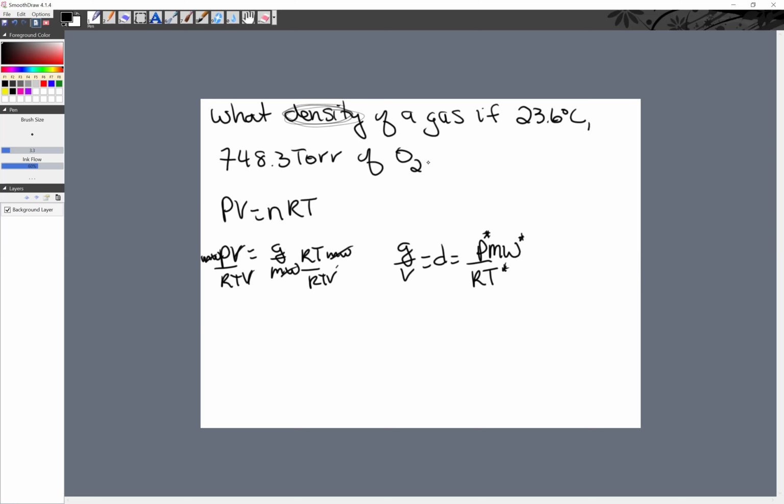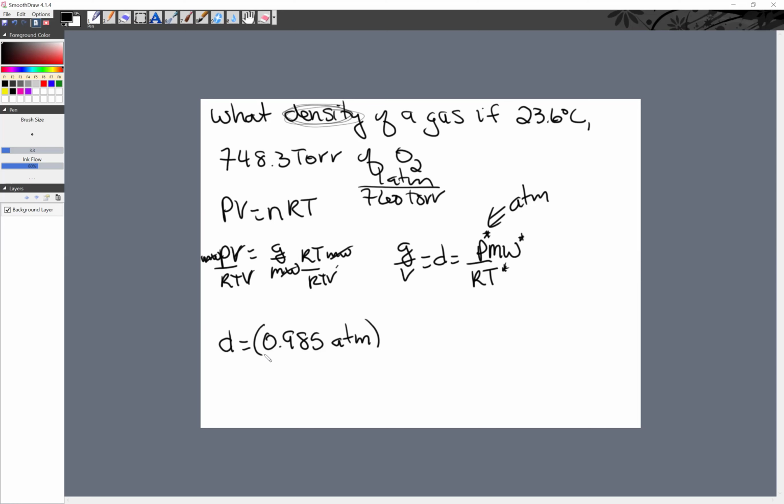All right, so if we want the density, it would be the pressure, but remember the pressure has to be in atmospheres. And right now it's in torr, so I know that there's 760 torr in every 1 atmosphere. So 748.3 over 760 is 0.985, so 0.985 atmospheres